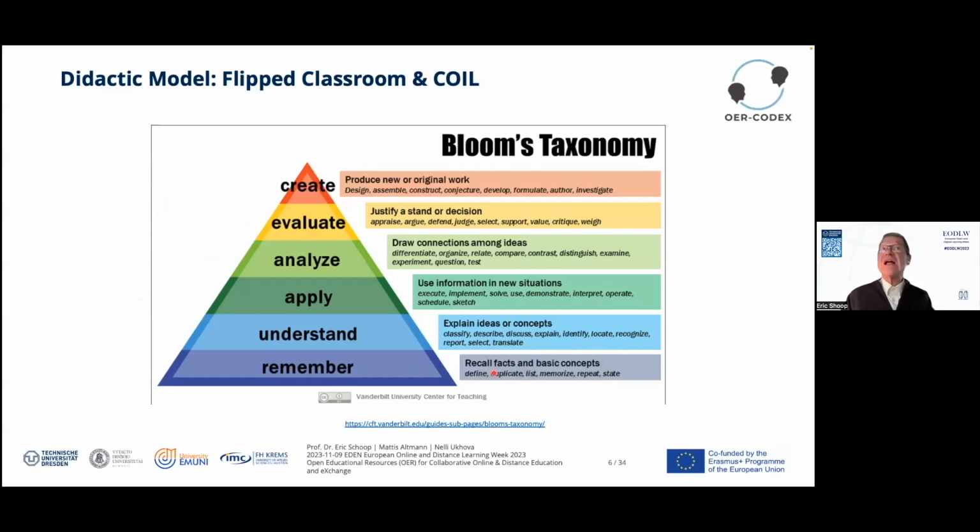Let us refer to the well-known Bloom's taxonomy, a didactic model, a flipped classroom and COIL annotation. We know we can transfer knowledge by captured lectures, addressing the lowest two levels. Students remember what they saw and heard in a lecture. They understand it maybe. If they get exercises, they can train their understanding, and we address the applicability.